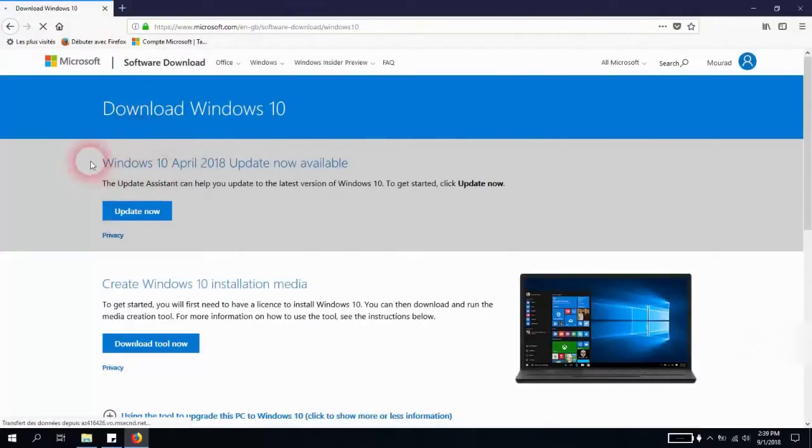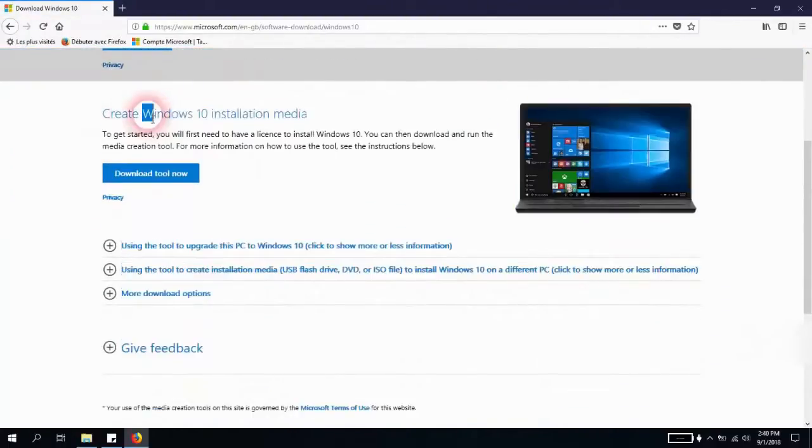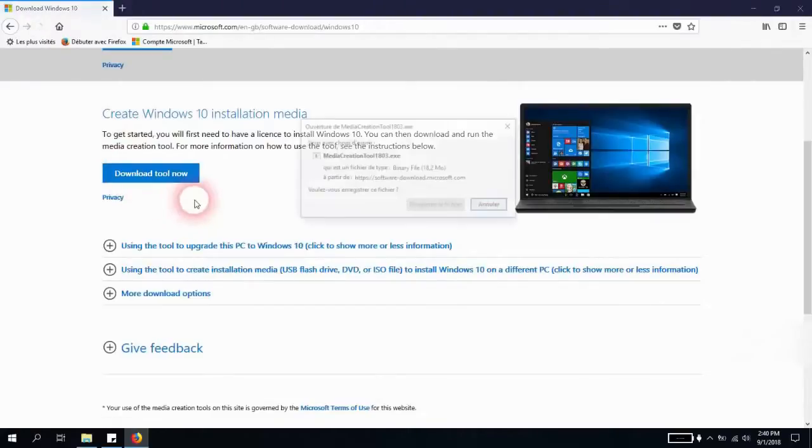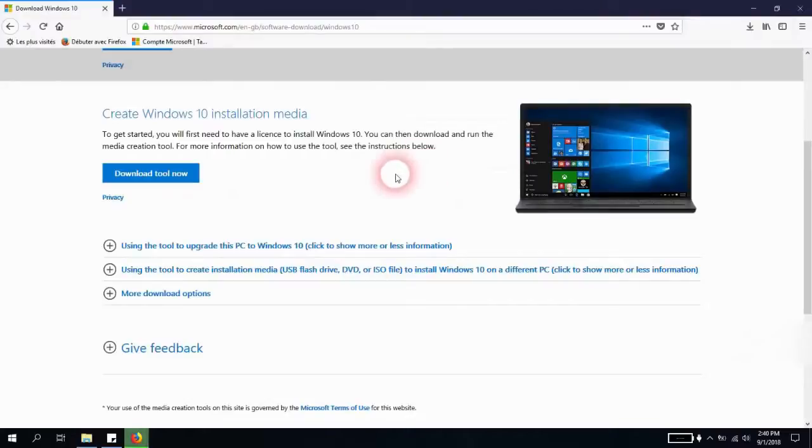So here you have the option to either make the update since it's available, or create Windows 10 installation media, which can be a DVD or a USB flash drive. So we'll just click download tool now. We will save the file. We will click to open it,